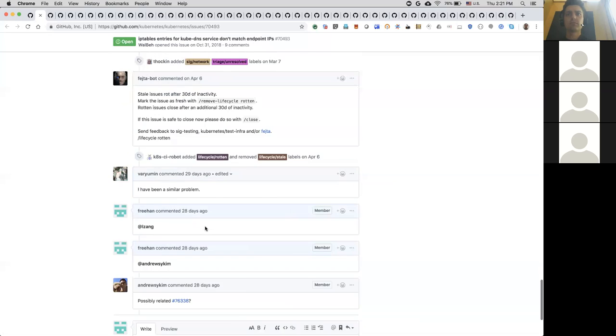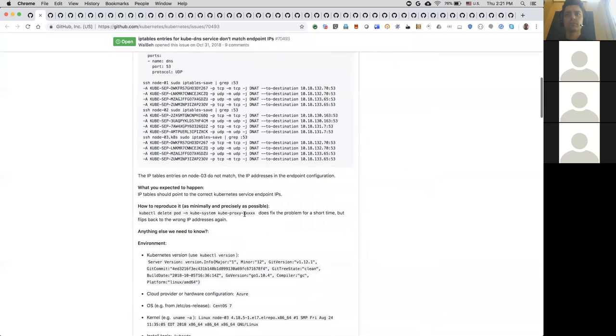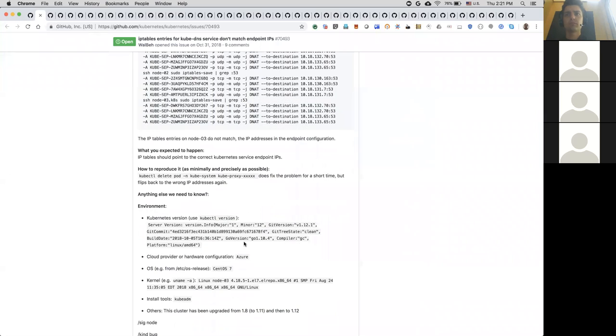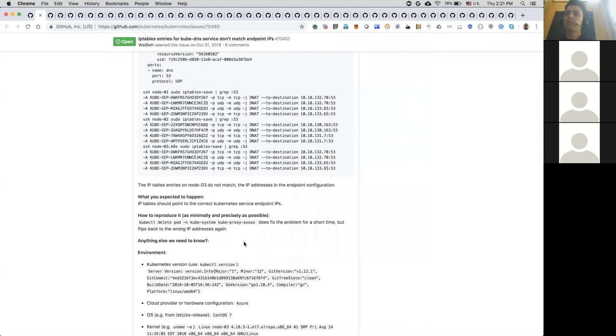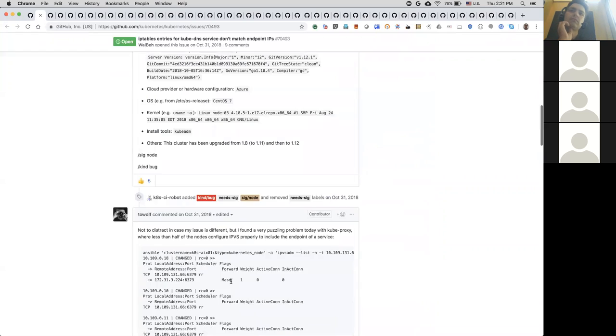Yeah, I think last time I saw this, I was suspecting that it was like a watch issue on the API server. But there's not enough information to determine that without trying to do a whole reproduction of this environment. It looks like the person's still active, so we should see if they can respond with more information.